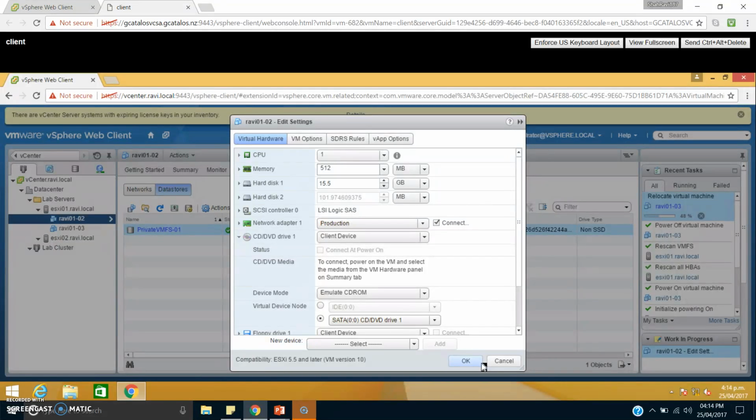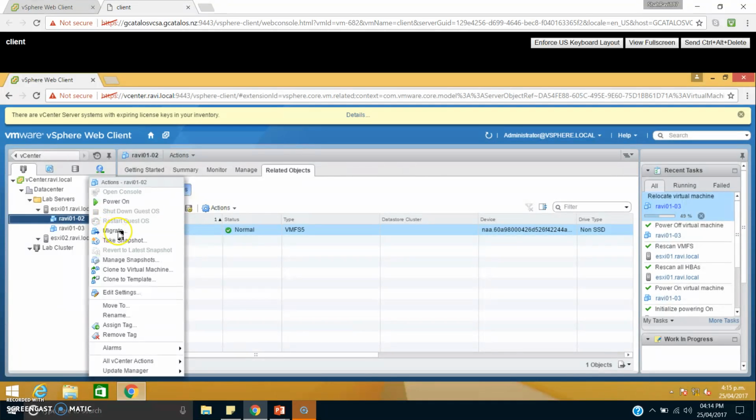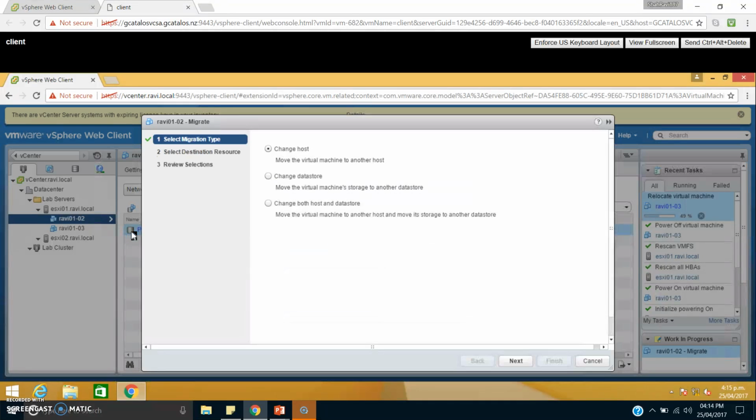If you connect the DVD writer while you are migrating your machine from one host to another host, it's not possible to migrate the same content of the DVD from one host to another host. So we have to disconnect that connection with the DVD, and we can select client device and then OK. After that, we just right click the virtual machine, click on migrate,